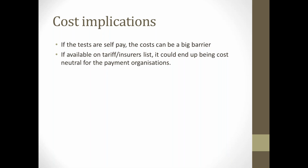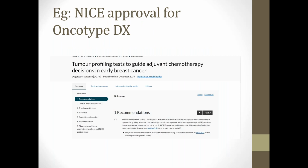Now, if it is available on tariff or on an insurance list, we will have to show that this is cost neutral for the insurers, because they are not going to pay extra money for a test without any benefit from the overall cost point of view. One of the potential implications that has been left unspoken is that this test could also end up saving money by avoiding expensive treatment that may or may not work. If you can find a mutation against standard treatment and you predict that these patients will not have any benefit, that actually saves the patient the complications risk, as well as the payment organizations the cost of those drugs. So we know that NICE is willing to pay money for this kind of genetic testing because they've approved and licensed Oncotype DX, which is to predict chemotherapy decisions, and it is found to be cost neutral. We avoid treating the patients that have low risk. We treat the patients that have higher risk. It makes sense to the patient, it makes sense to the clinician, and it will make sense to the insurers